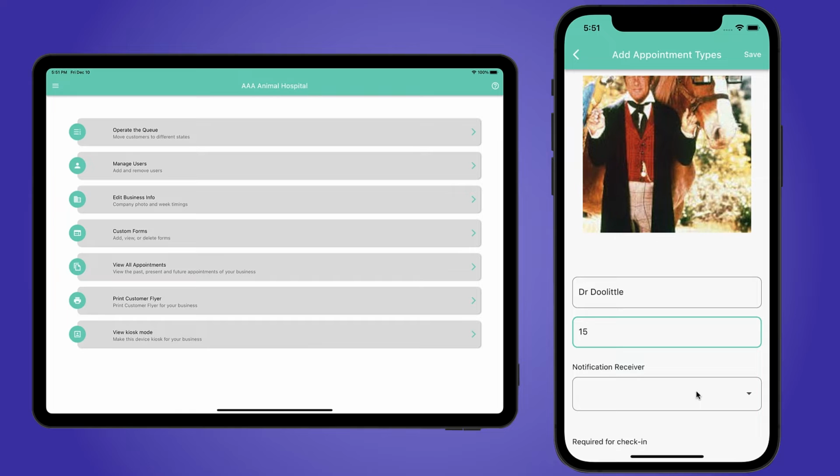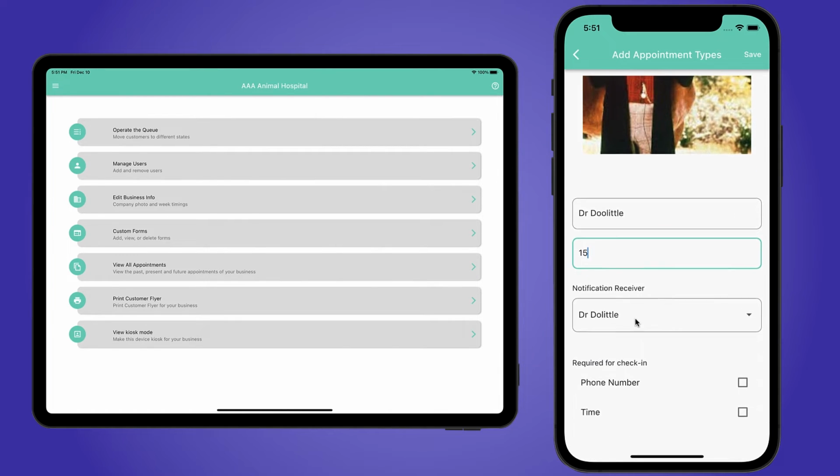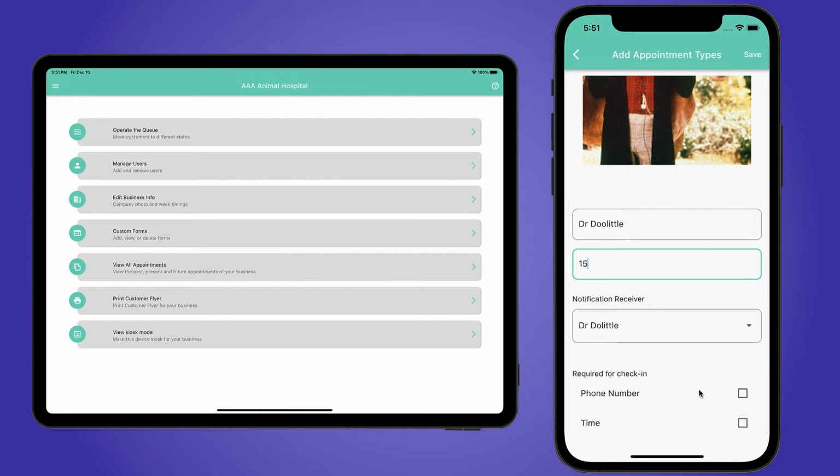And then notification receiver. What this does is it allows you to get an alert on your phone when somebody checks in. So you don't have to have somebody at the front desk. And so who do you want to alert when somebody checks in for Dr. Doolittle? So in this case, we're going to alert Dr. Doolittle when they check in. You can also require them to enter their phone number and enter their appointment time, but we're going to leave those as optional. So let's save